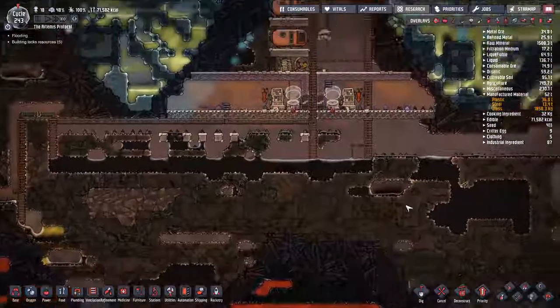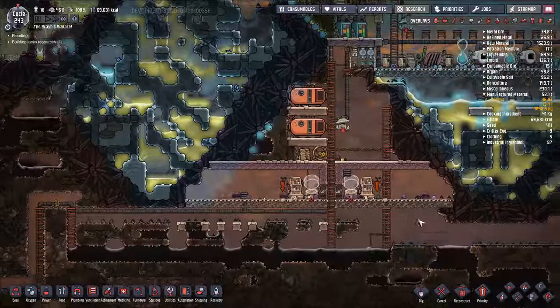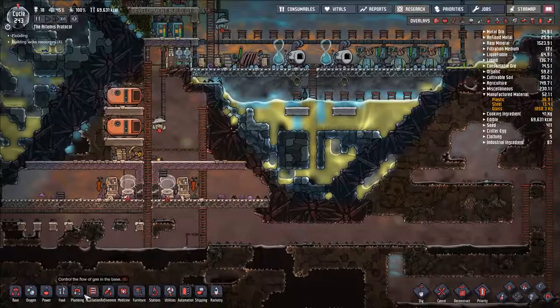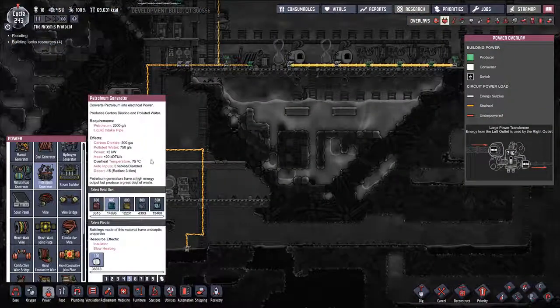Getting petroleum is important, but we're actually going to start considering using the petroleum as our sort of in-game cooling loop. So one of the things to note, let me pause here so we can read it and I'm not distracted by other stuff that goes on. One of the things of note is that the petroleum generator outputs carbon dioxide and polluted water, and it outputs these at the temperature of the generator, which is very significant because you can cool this generator down an extraordinary amount and then have this cold CO2 and cold water